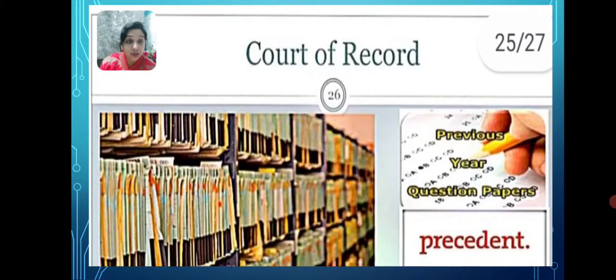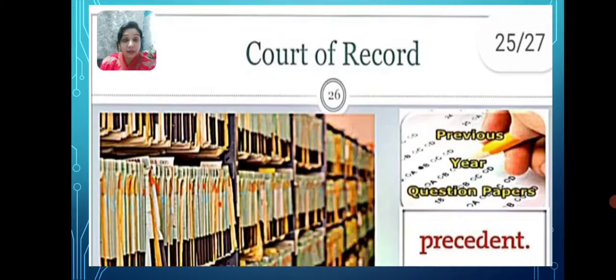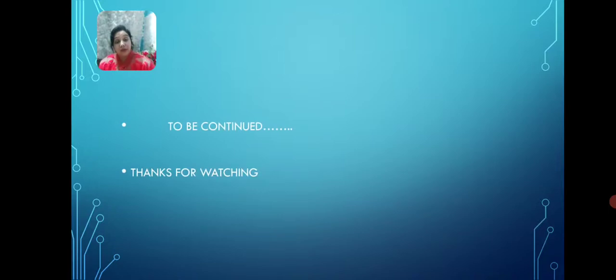So here is a picture of the court of record. You can see that court of record means previous years' files and cases. As I told you, in schools, colleges and universities, they all keep a record related to the question papers, the office files, and the information regarding the students who have passed out and cleared the examinations, who are pending, and who will be going for the later exams, etc. So this is what we call it. I hope that you understood this much part.